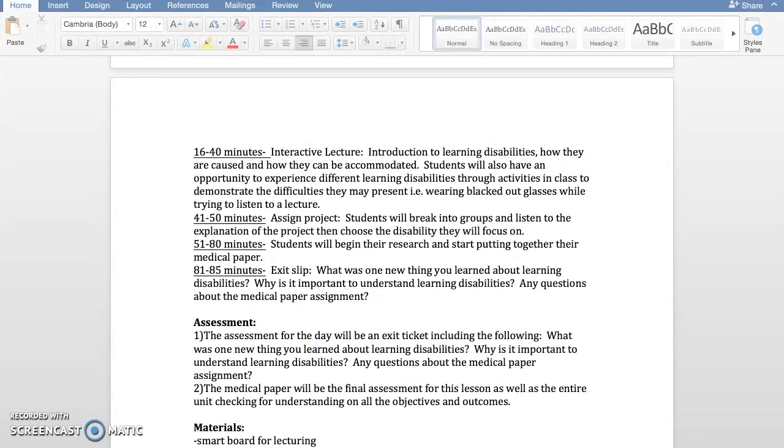In the next 10 minutes we'll be assigning the project, talking about how students will break up into groups and listen to what I have to say about what's expected of the project. I'm going to give them the next half an hour or so to start their research, putting it together, and breaking up work. And the exit slip is